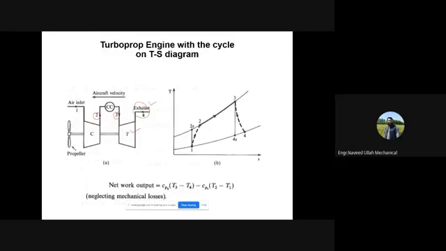तो ये आपके पास एक प्रोपेलर होता है। प्रोपेलर बेसिकली क्या करता है कि it pushes the air, it rotates and pushes the air in the rearward direction, right? And as a result, the thrust